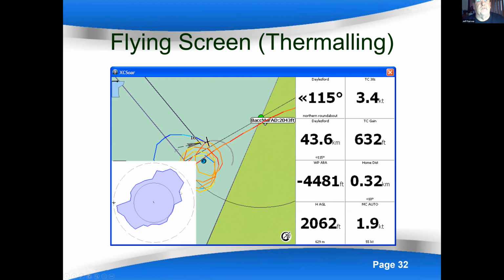The thermal assistant is this thing down at the bottom left-hand side. As you're flying around the circle, in this case it's a right-hand turn, so we're on the left of the thermal. It's showing the profile of the lift. So the lift is higher at this point. By the time you come around to here, it's going to be a bit lower. By the time you come around to here, it'll be a bit higher. The grey arc here indicates where you're about to be going.